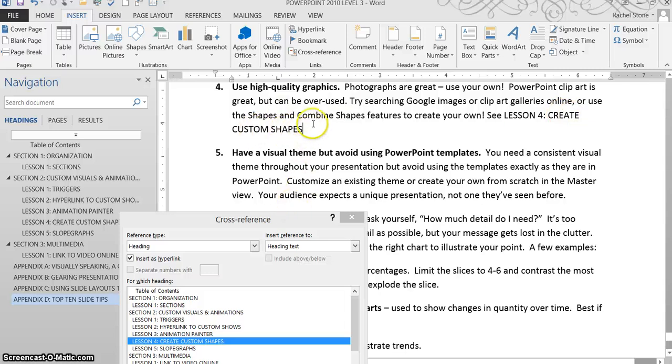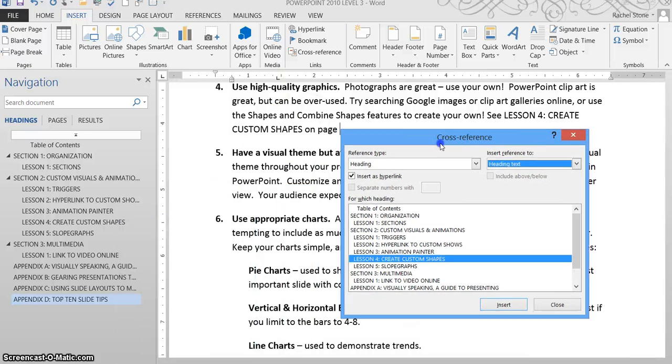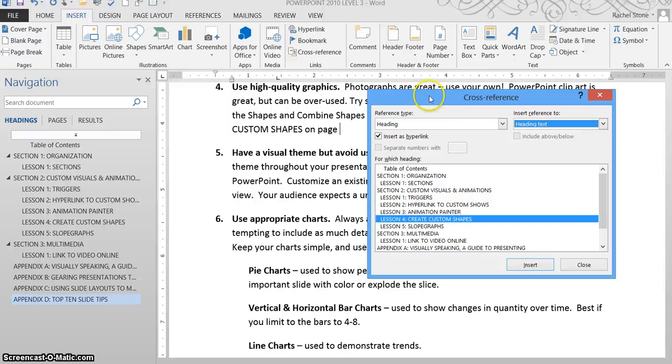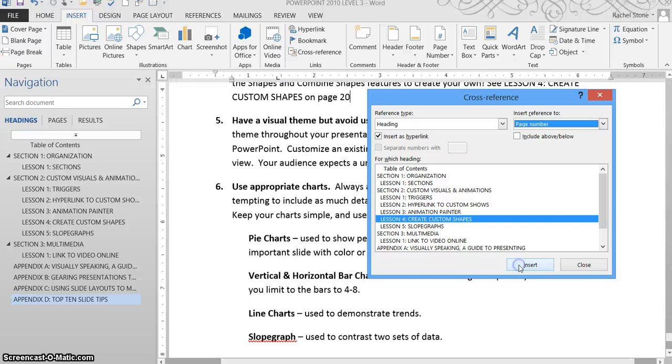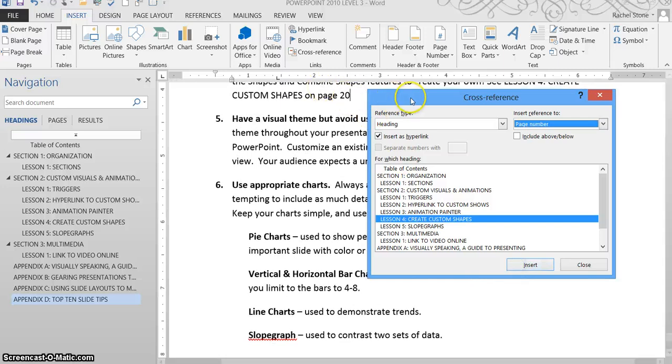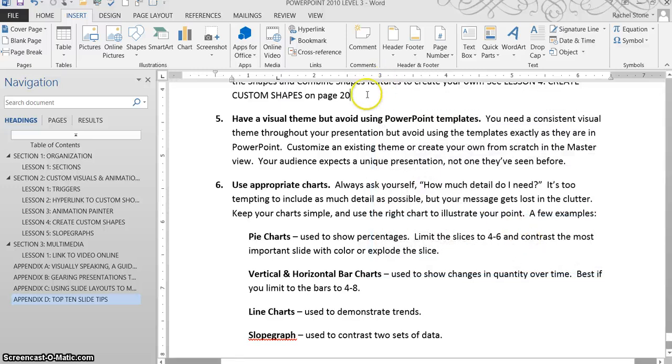Now I can edit this document further. I'll click after Shapes, type the words on page, and now I'll insert a cross-reference to what page this is on. So back in my cross-reference dialog box, I'll make sure that my Create Custom Shapes is still selected. And instead of heading text, from this list, I'll select page number and insert. And there's the number in the background. I'll go ahead and close the cross-reference dialog box, and I'll press a period here at the end of my